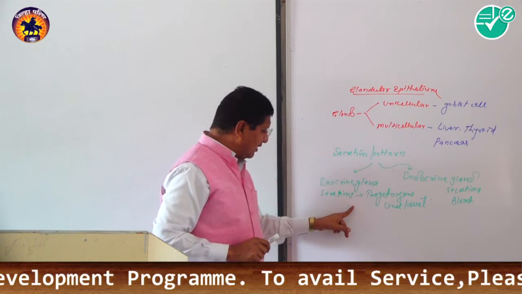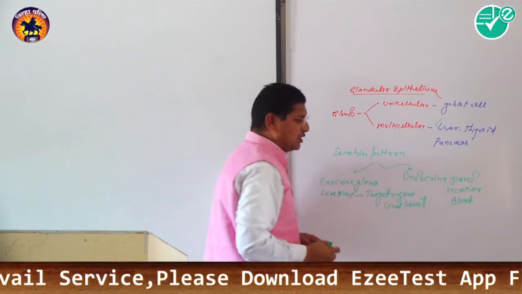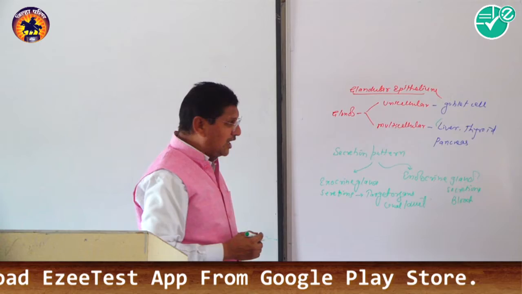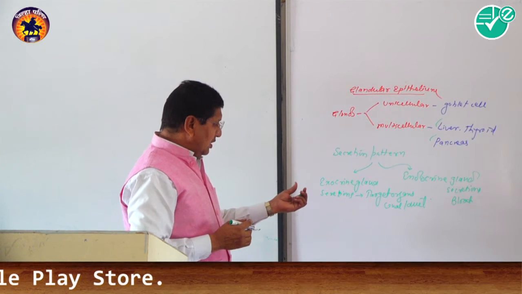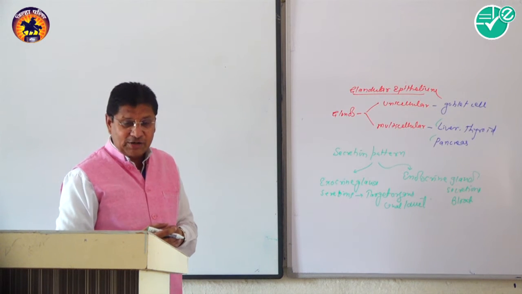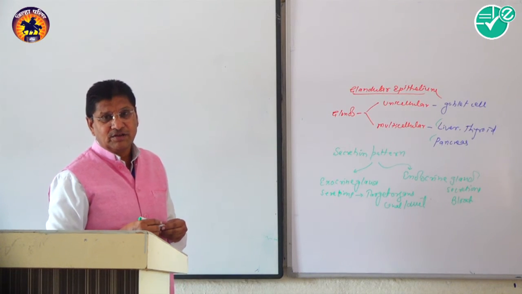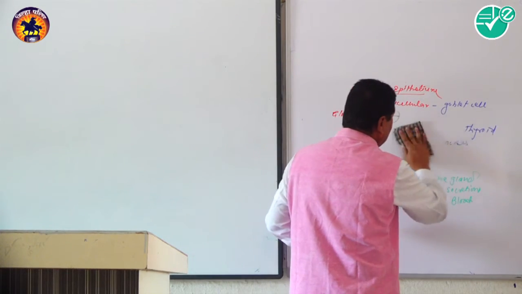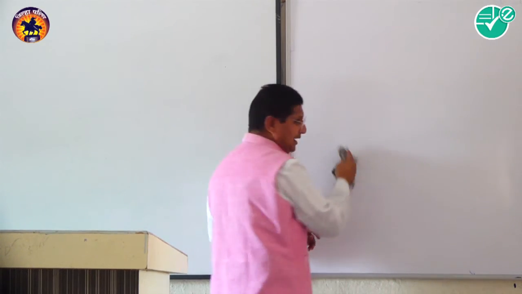The familiar example of an exocrine gland is the liver gland. The exocrine part of the pancreas gland is again an example of an exocrine gland. And examples of endocrine glands are the pituitary gland and thyroid gland, they are very important glands under the endocrine type. Now, here we consider the first example of a unicellular gland, that is the goblet cell.